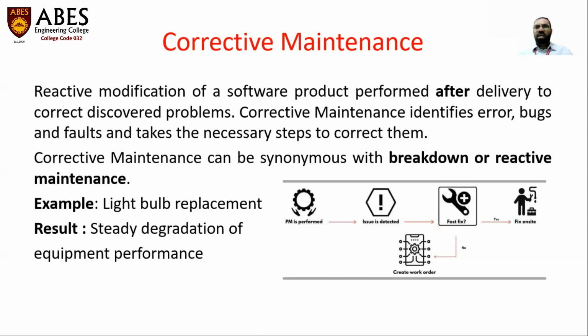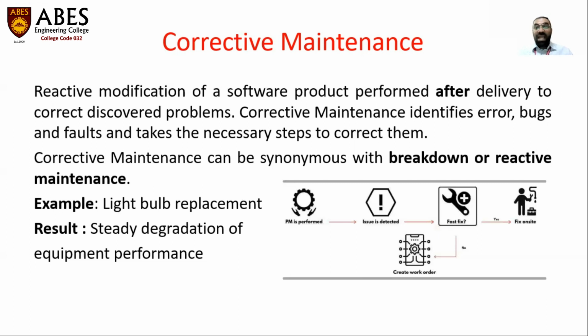Let us take a very common example. Go to the Play Store, download any app, and read the notes at the bottom. What is written? Version 2.0, 3.0, 4.0, any kind of version. They have written that the previous one encountered these kinds of bugs and they have removed them. Now the updated one does not have that kind of error if you use that application. So that is one example of corrective maintenance.